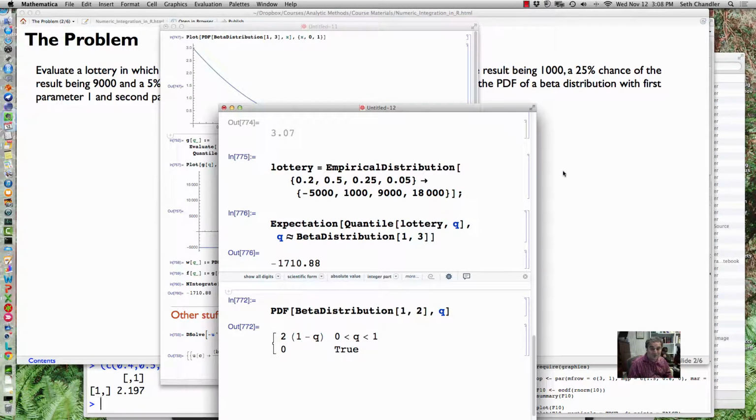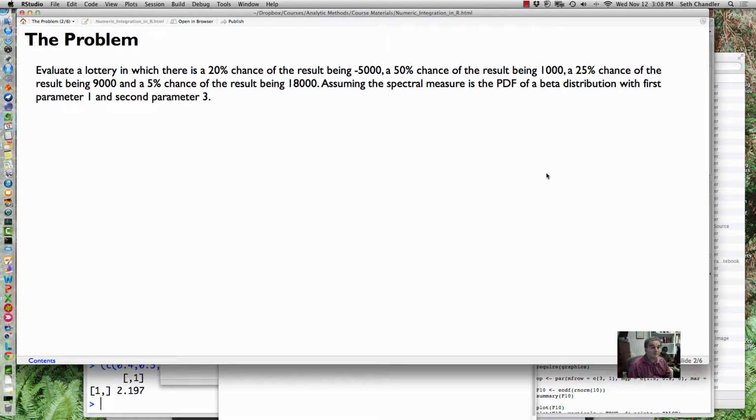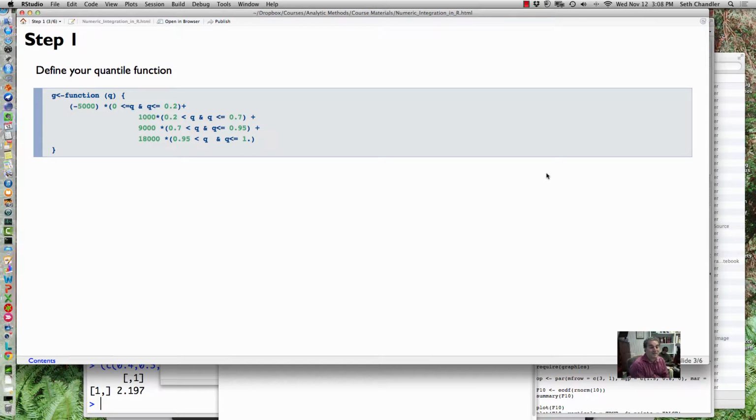We know what the right answer is. We kind of conceptually know how to do it. How do we do this in R? All right. Step 1, define your quantile function. Okay? So here, remember how I sort of did it as a piecewise function in Mathematica? This is one way to do a piecewise function in R, where you say